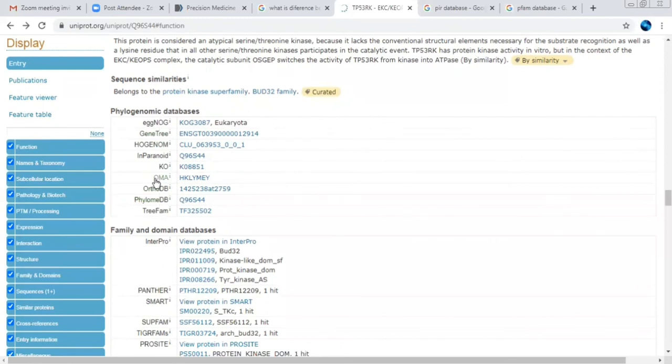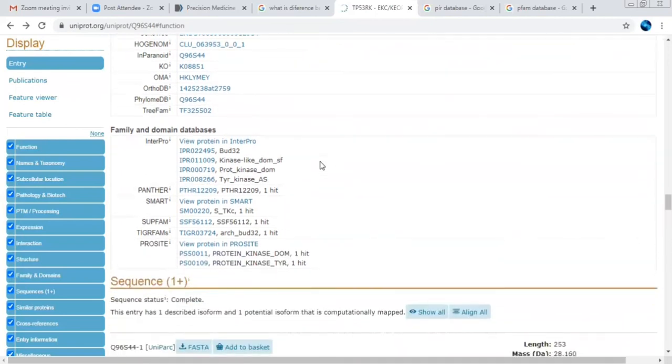Likewise, some other databases to know the phylogenetic analysis, you will get the protein family and domain database. So there is no need to visit any other database and search based on the keyword. And again, going from basics to advanced, to know what protein domain is included, what the evolutionary relationship is, what the interactions with that particular protein are, what number of 3D structures are available, what sequence mutations are there. So there is no need to go to other web databases and see.